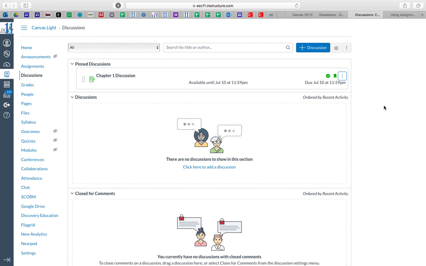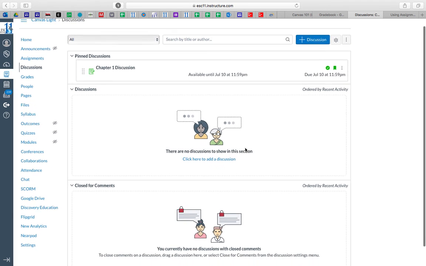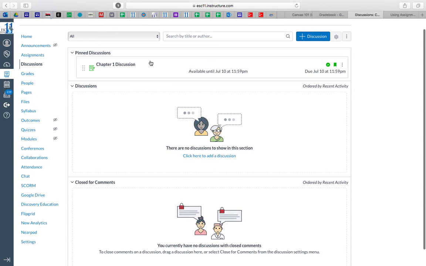Going to run really quickly through the basics of discussion posts. So first of all, over here to the left, you'll see in the menu, discussions. If you click on that, that'll bring you to this page. I've already created a pinned discussion. This is a discussion board that you might post as an FAQ or get to know you that's going to be up permanently that your students are going to access throughout the semester or the 6 weeks of the year.